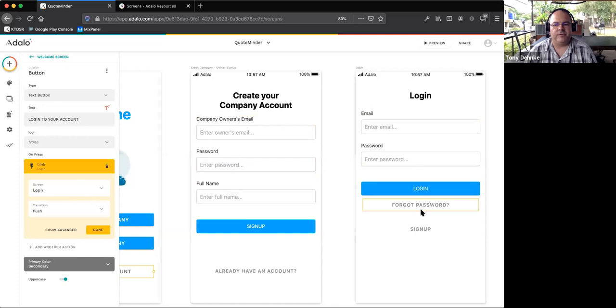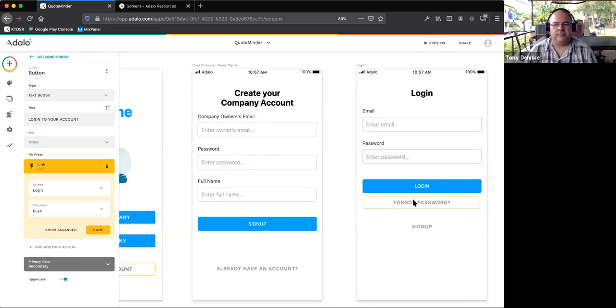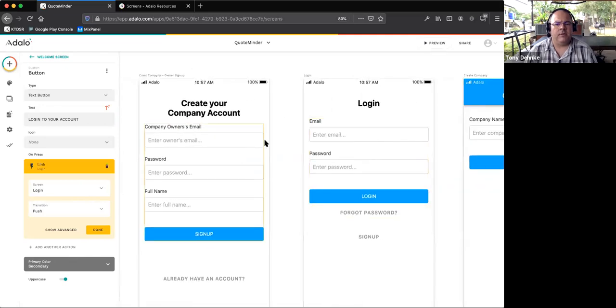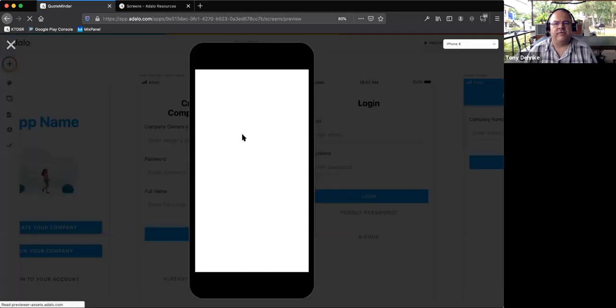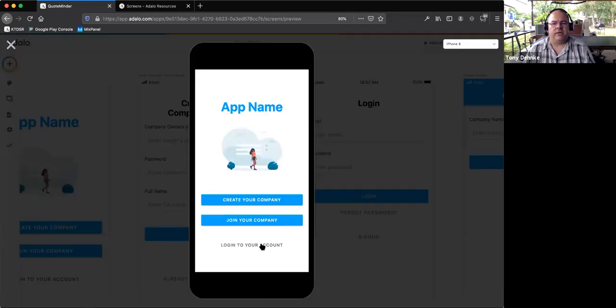So let's just try that again. Preview. Log into your account should go to login. Oh yeah, join your company. Okay, so if I go join my company,